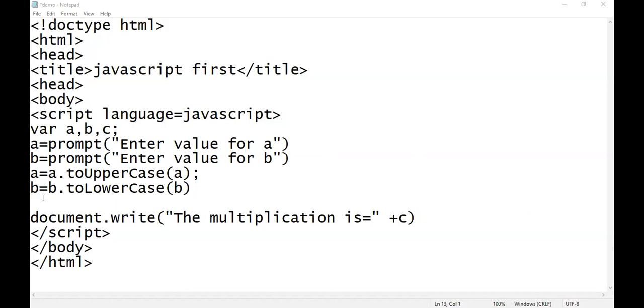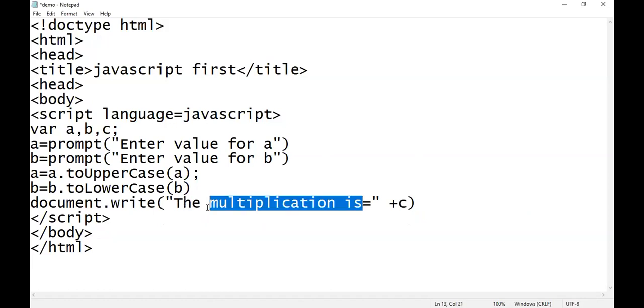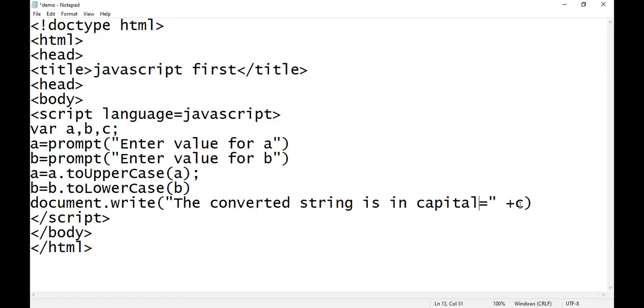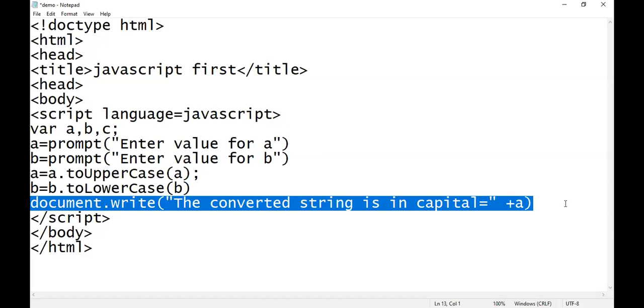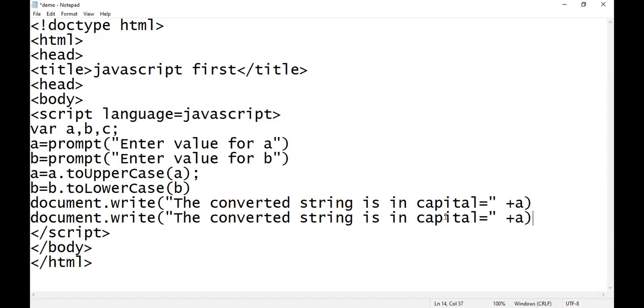Now document.write, the converted string in capital is, and here it will be A. The same statement I am using for B, Control C, and here Control V. Now the converted string in small scale is, and here it will be B. Now we will check the output by saving this file. Save.